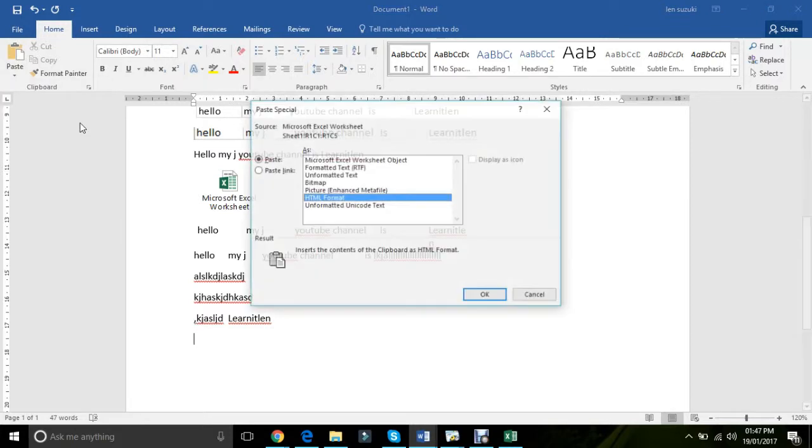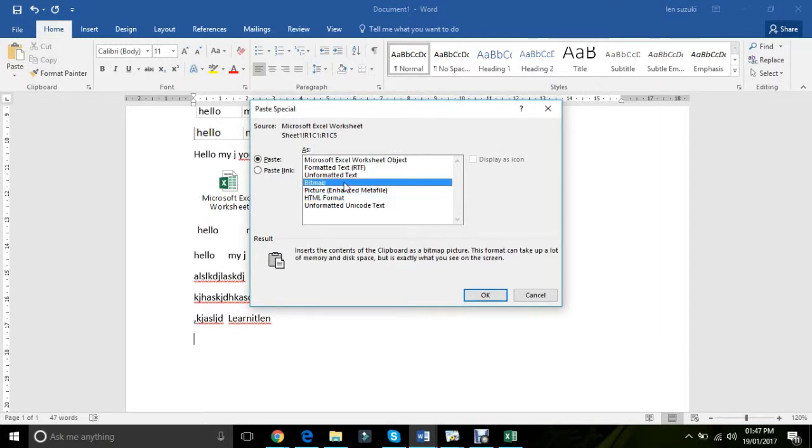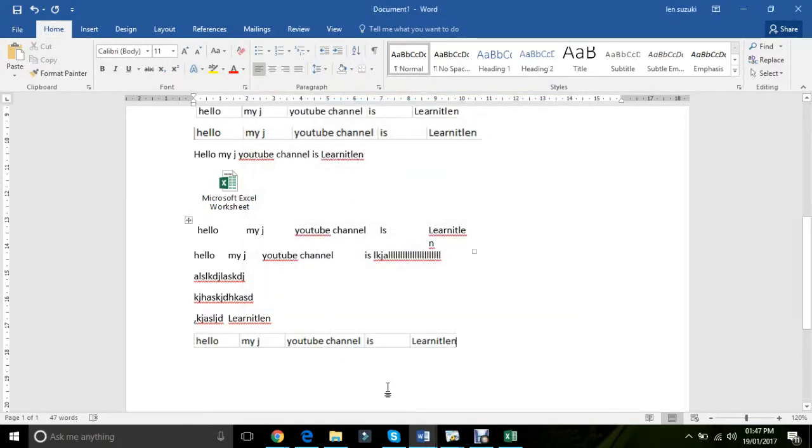God, there's so many ways of pasting. I didn't even know about this. Let's skip bitmap. Actually not, just double click bitmap. And once again, it's as an image. Yeah, so the rest of these are the same as what we have here in the top row